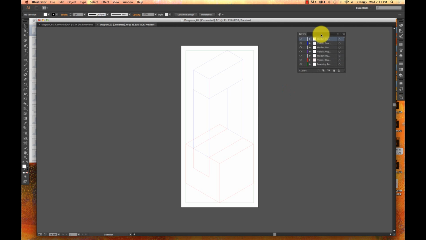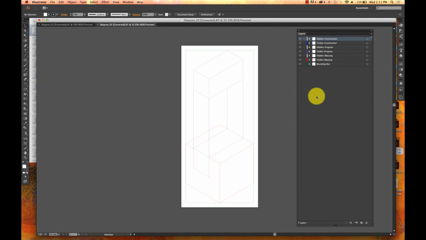I'm going to leave it open, and I'm going to expand it so that I can really see what's going on. And this is where, if you have it coming in from Rhino and it's a really long title, like hidden construction, it can become kind of cumbersome to see all of that. So it's really important to keep your labels accurately made. I'm going to organize these a little bit because right now I have hidden construction, hidden program, hidden massing, and I want to be able to select all of the hidden lines at the same time. So to do that, I'm going to click this little icon in the bottom right, New,